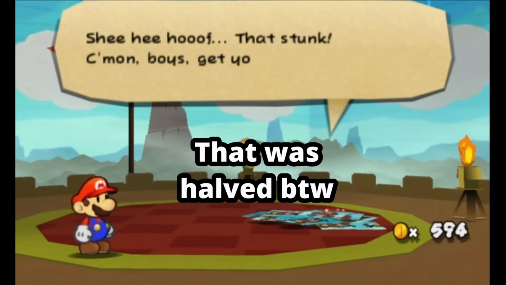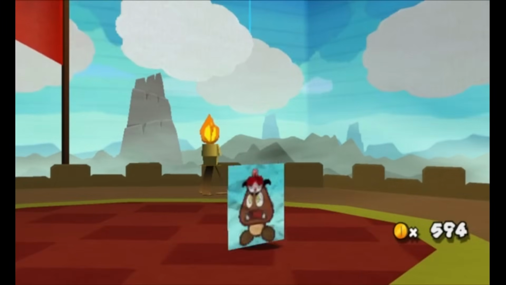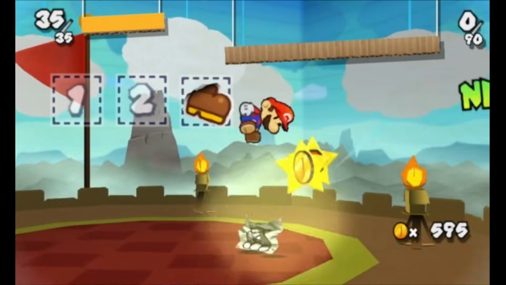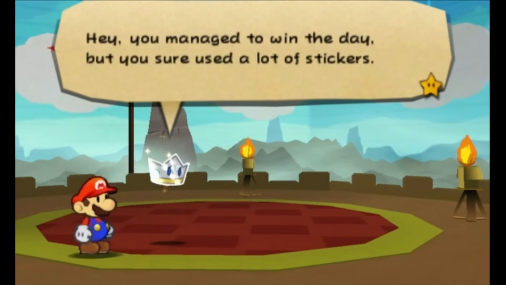Did you see how much damage I just dealt? After taking the Goomba down to 1 HP, he has one final phase where he's just one little guy. But we saved our last sticker slot to deal with this. Kirsty comes out to congratulate us and...